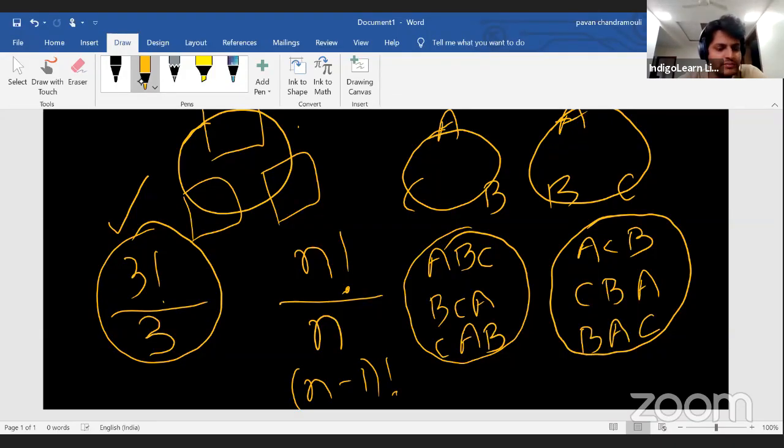So two things that I'm trying to tell you are permutations in a linear arrangement and permutations in a circular arrangement. If I'm trying to arrange 3 people on a linear table, it will be 3 factorial. Same thing if I'm trying to do it on a circular table, it will become (3 minus 1) factorial, that is 2 factorial, which is only 2. So this is basically the concept of permutation, guys, where the order is extremely critical.